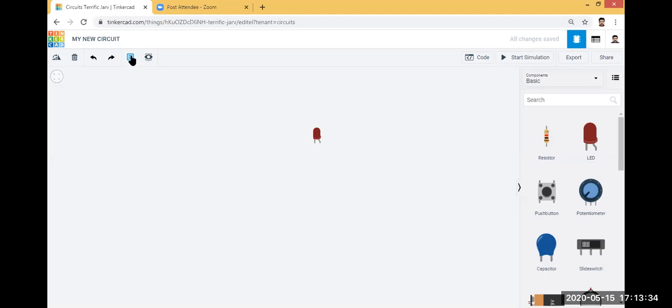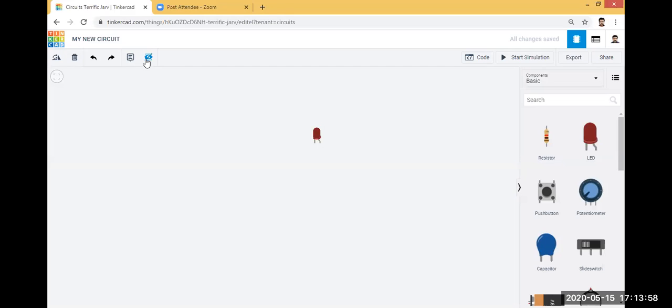When you click annotation, you can type, for example, LED. You can place the mouse near the LED and type this text as LED. So that is annotation. If you want to hide this annotation, you can click the view hide icon near the annotation.